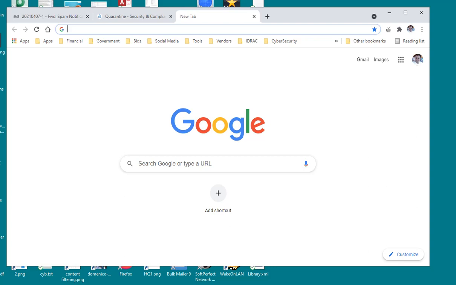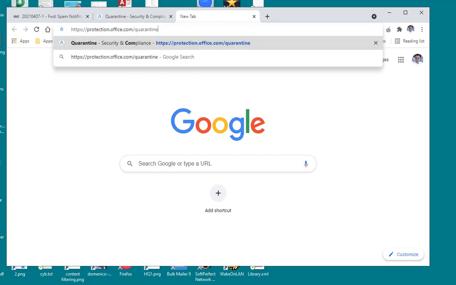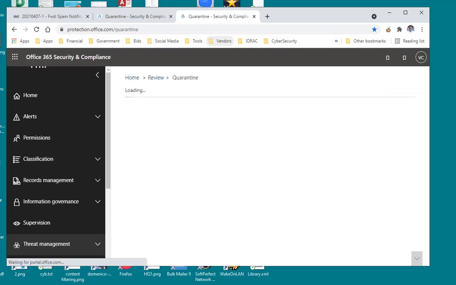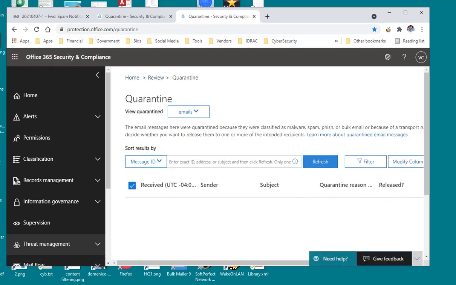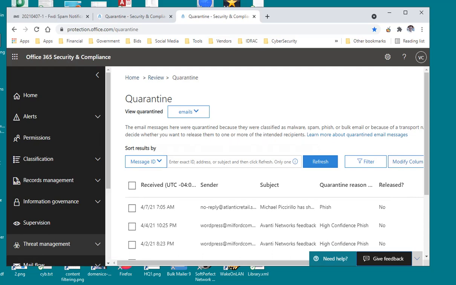Okay, today we're going to show you how to go into your quarantine on Office365.com. So to go to your URL, you would go to protection.office.com/quarantine. So the whole URL is protection.office.com/quarantine. And then at this point, you will go directly into the quarantine, and here we can manipulate and do some